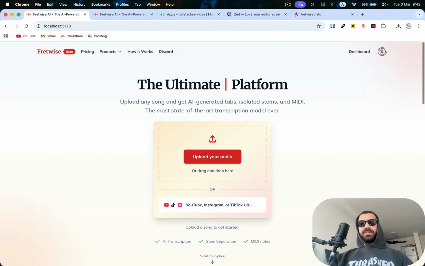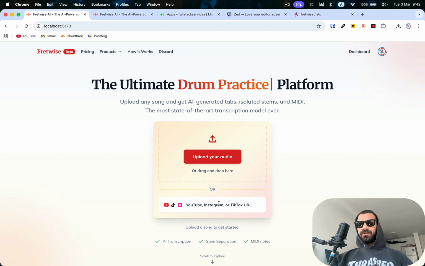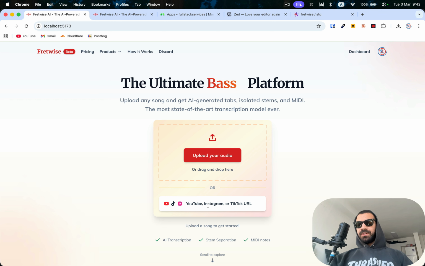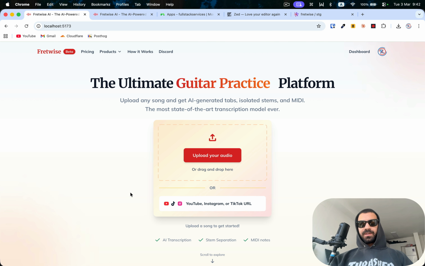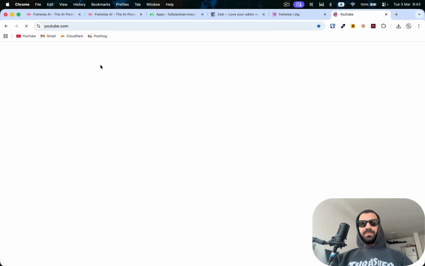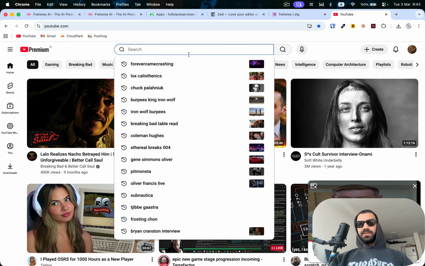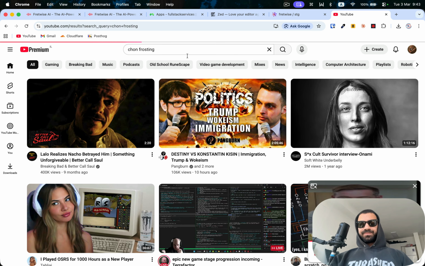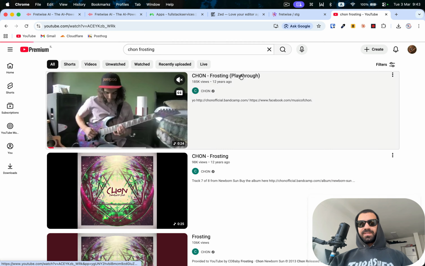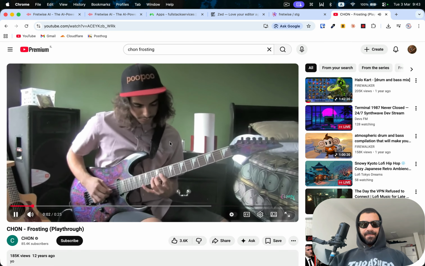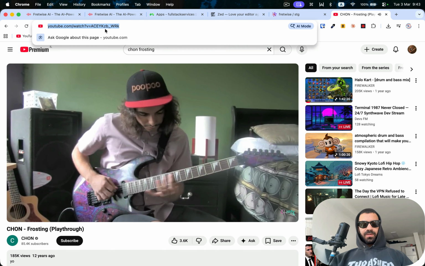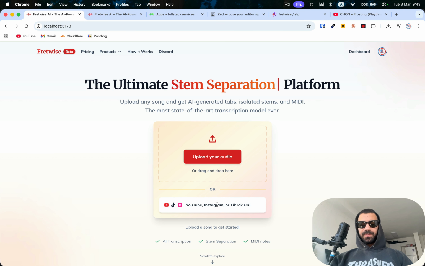The way that it works is that basically you can upload an audio file or drop in a YouTube video, Instagram, or TikTok link. I'll just demo it right now. What it will give you is the tabs for how to play the song. So for example, let's say I want to learn this sick riff. I can simply grab the YouTube link, drop it here,